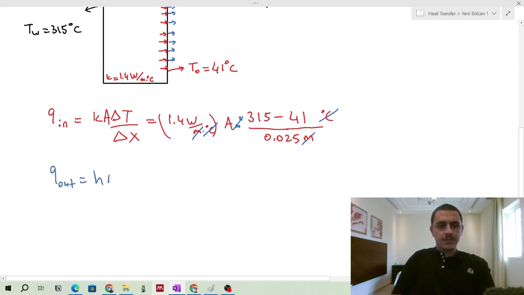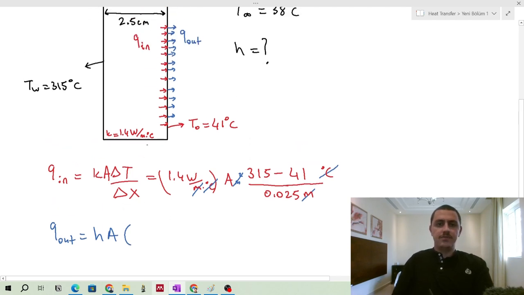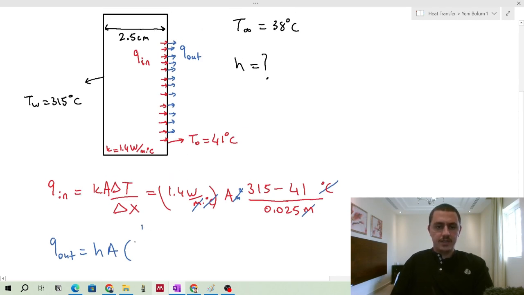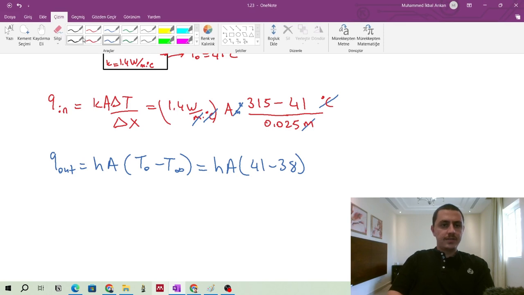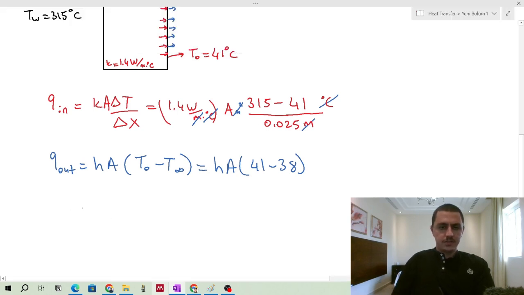So that amount must be equal to Q out. Q out is convective heat transfer, hA times T minus T infinity, or T naught minus T infinity, depending on which is bigger. So you take here T naught minus T infinity. I don't know h, I don't know A. T naught is 41 and T infinity is 38. So let's balance these two equations. You will have hA times 3